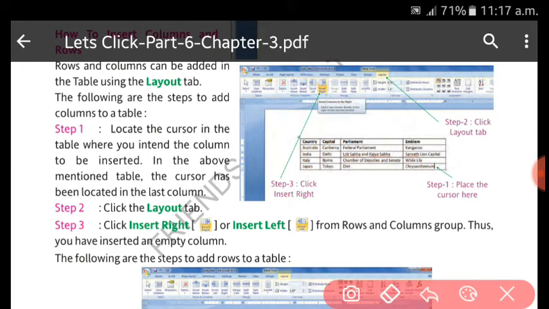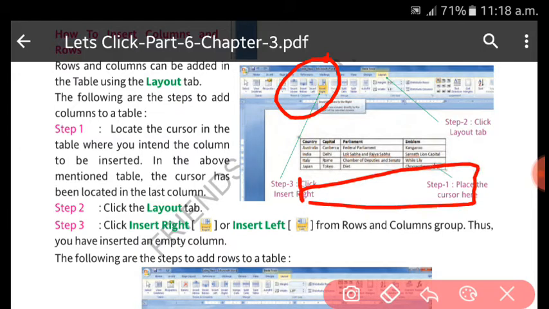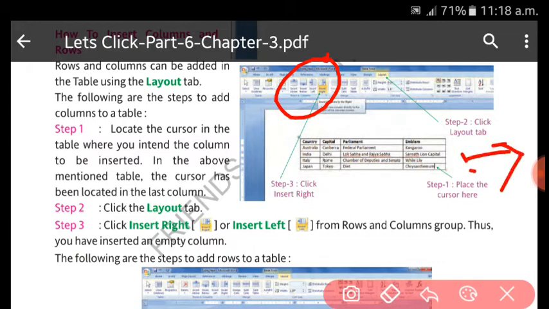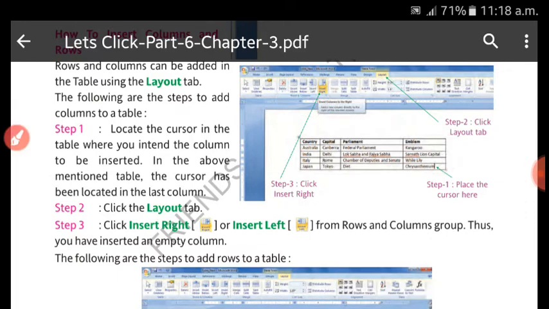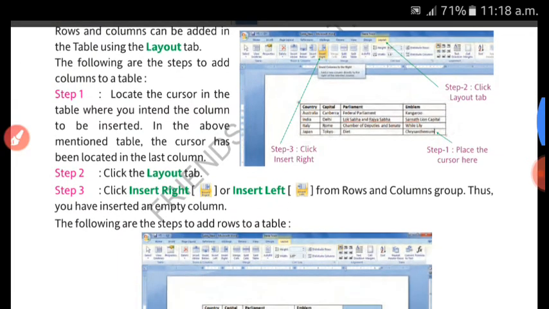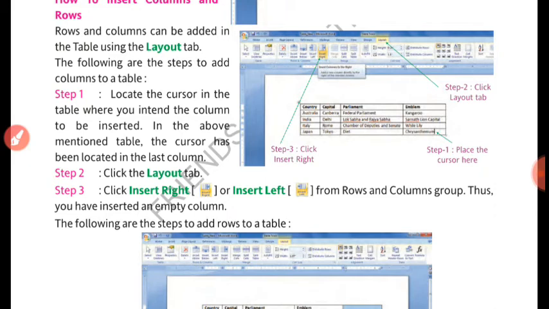So if you choose Insert Below, you can see here clearly, Insert Below. So after this, wherever your cursor is, in the next line one more row will get inserted with the same number of columns, right? And if you choose this Insert Above, right, then just above wherever your cursor is, one more row will get inserted, right? So this is the process to insert extra rows and columns, right?